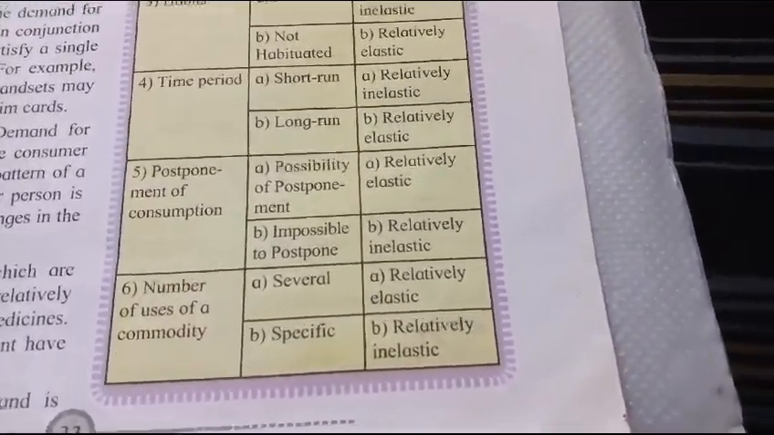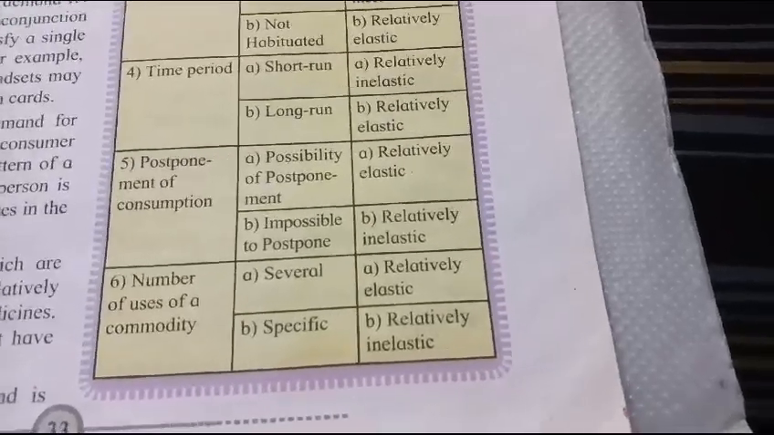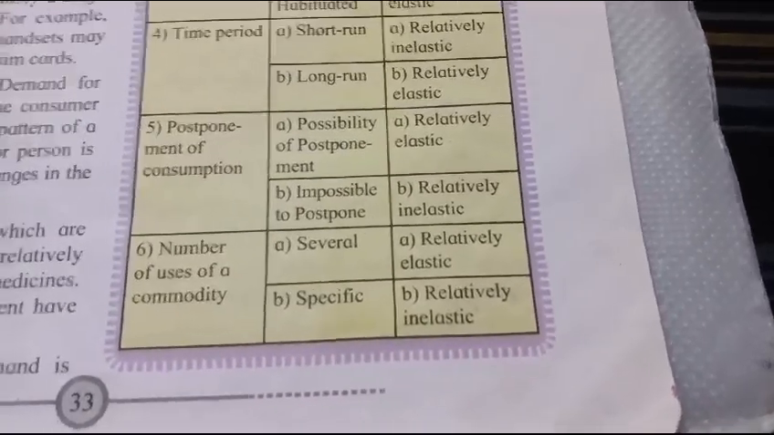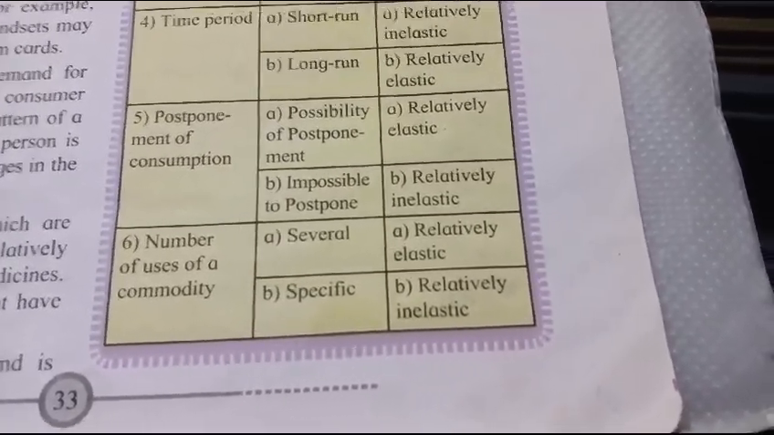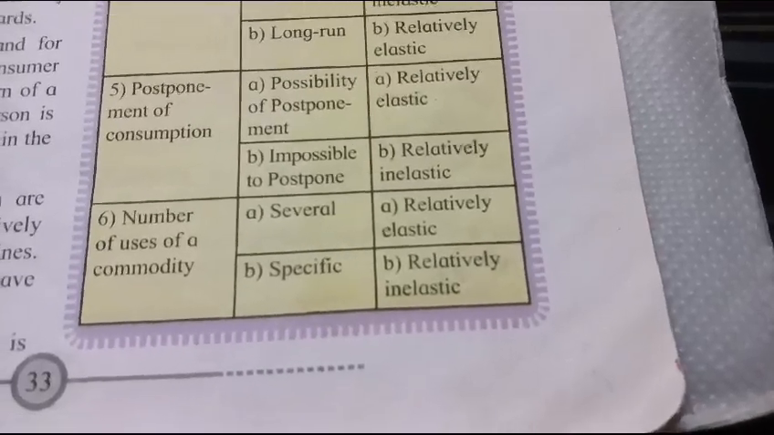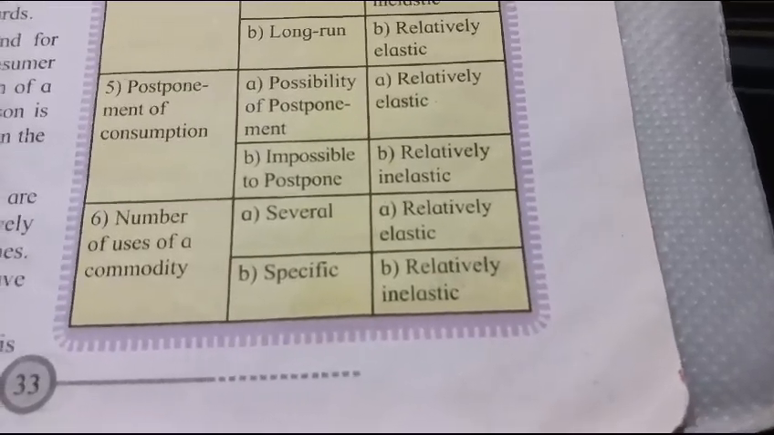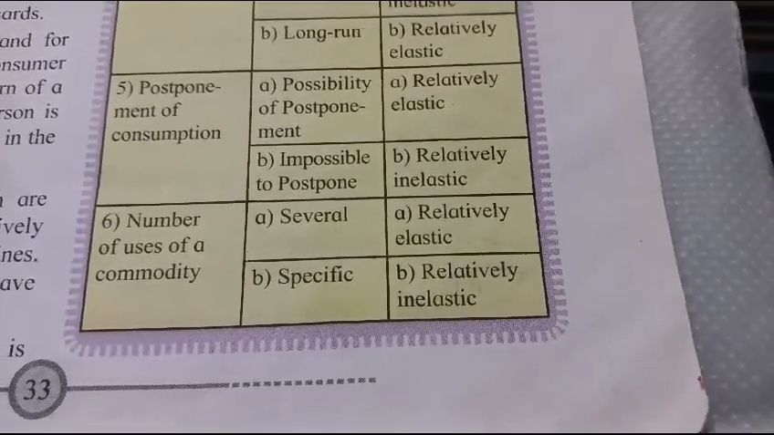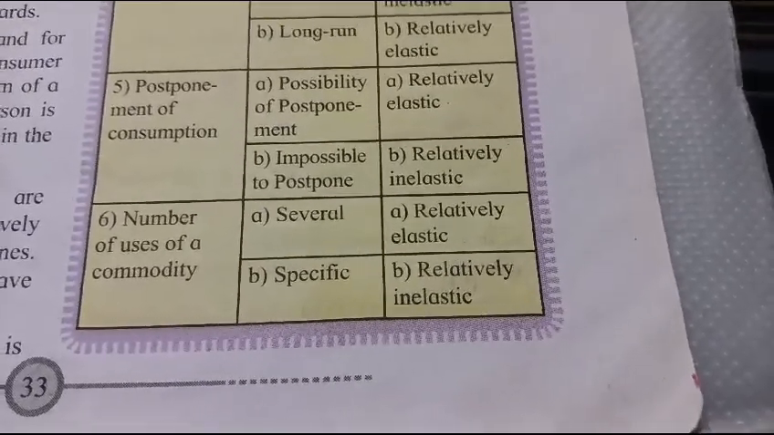Fourth, time period. Short run, relatively inelastic. Long run, relatively elastic. Fifth, postponement of consumption. Possibility of postponement, relatively elastic. Impossible to postpone, relatively inelastic. Sixth, number of uses of a commodity. Several is